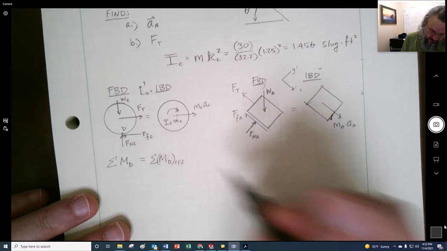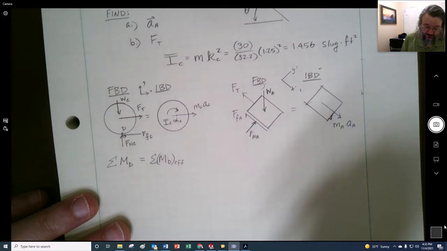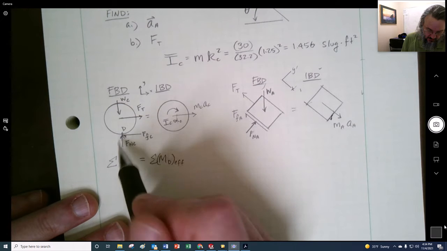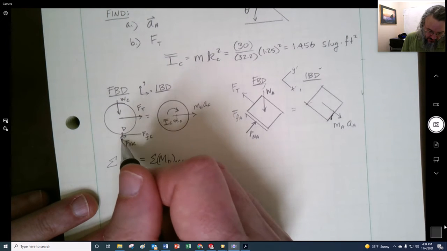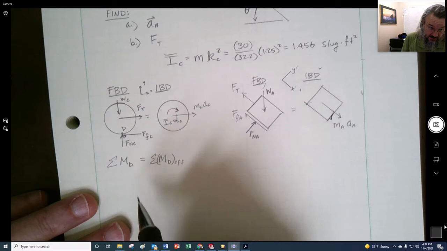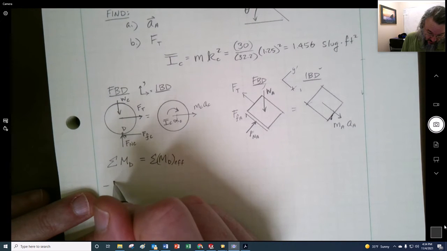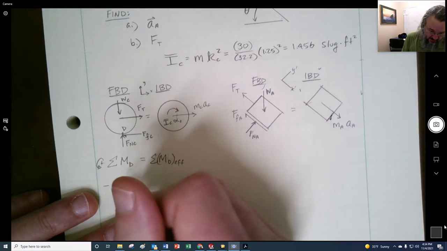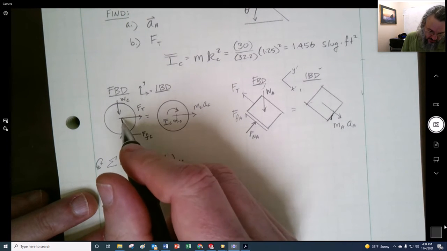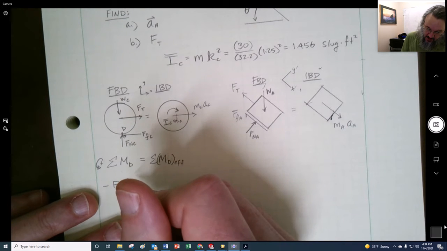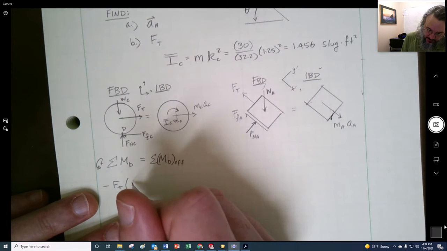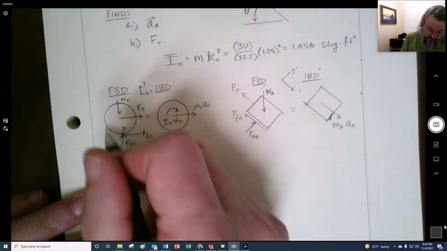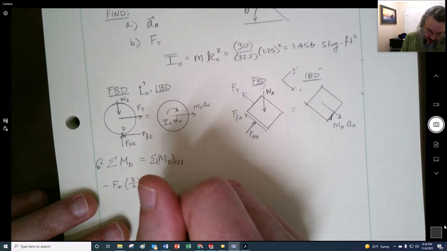The effective moments about D, right? So when we go to write this out, we have to make sure that we're putting all of these in here. We're fortunate that all these cancel out because they're all passing through D. And we decided that for whatever reason, we're going to keep going with counterclockwise is positive. So we're going to take Ft times the radius of this right here. And I'm going to use values this time. So that's going to be 3 divided by 2, right? Because it's 3 feet in diameter. And nothing else causes a moment here. And that's going to be equal to